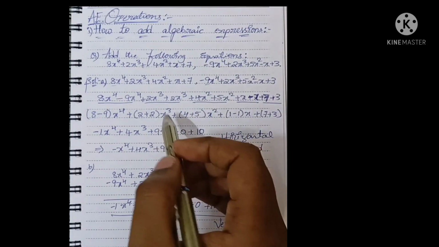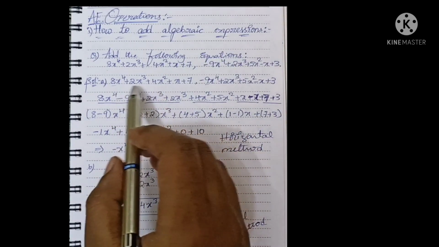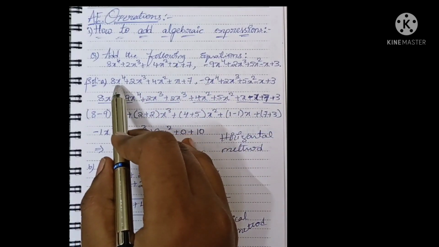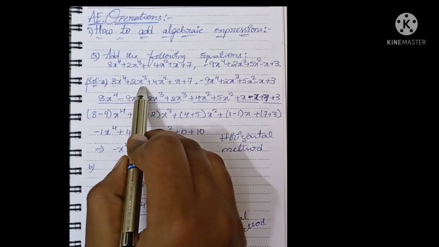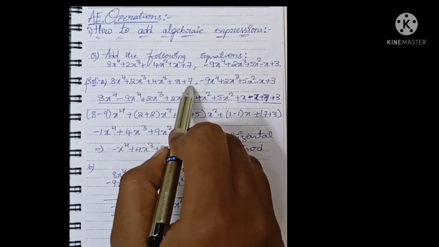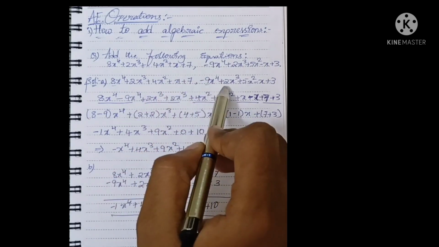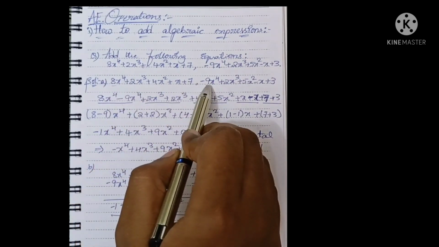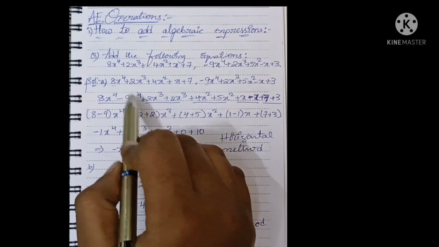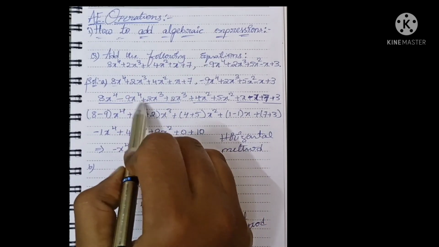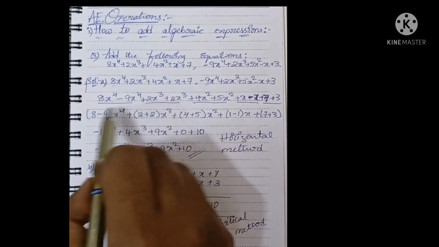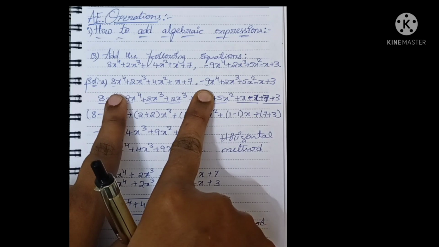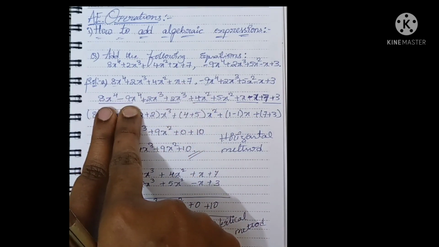If you observe, we have 5 terms in each expression. Those terms are the x^4 term, x^3 term, x^2 term, x term and the constant. These are common in both the expressions. Firstly, we need to arrange the like terms together, with the operation of plus in between the terms. So let us start: 8x^4 here, and in the other expression -9x^4. Both we are going to write down.